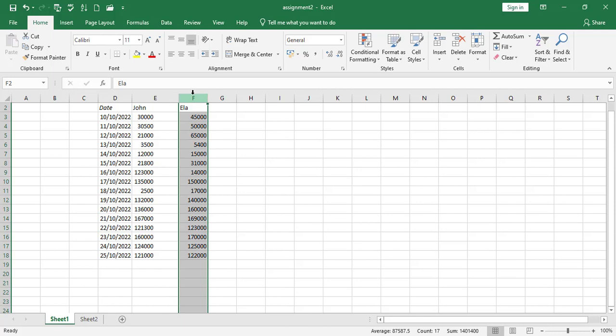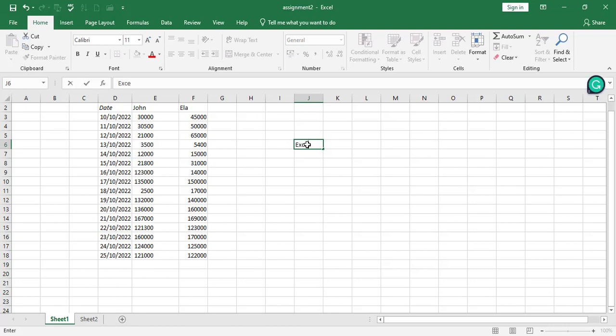Let's assume this column, by Ella. There are so many details of sales on it from the first day to the last day. Assuming you want to select some days and add up, you can do that using the cell function. You can also do that using a cell operator. So today, what we're looking at now is a cell function